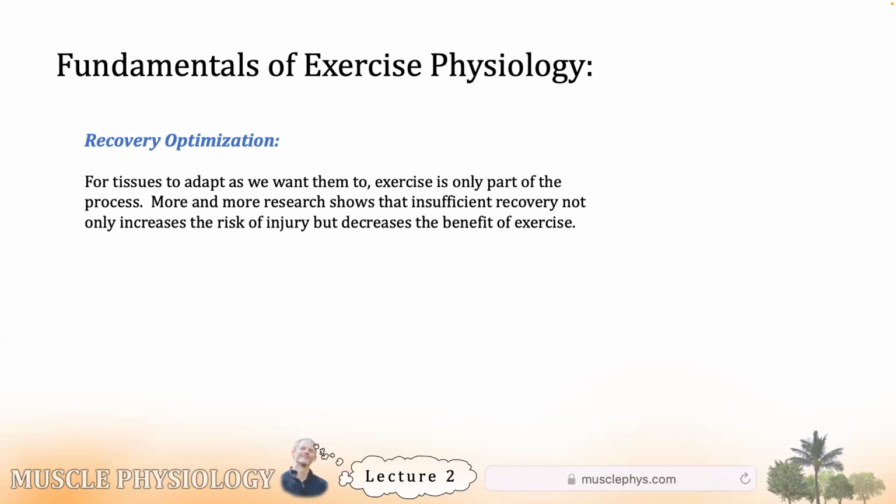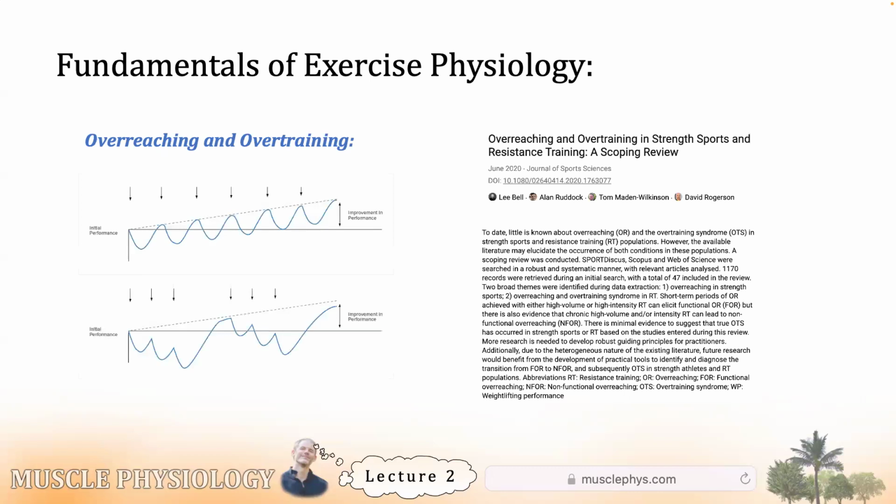The amount of sleep you're getting is critical to recovery. Nutritional status matters a great deal. Hydration, medications, possibly, depending on what's being taken. So there are lots of variables that can affect our recovery between exercise sessions. And as an extension of recovery optimization, we have overreaching and overtraining. These are very different. Let's start with a normal exercise response. In the upper graph, that's a healthy exercise pattern.